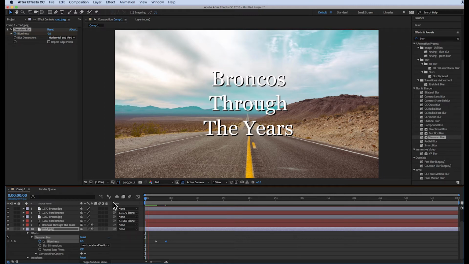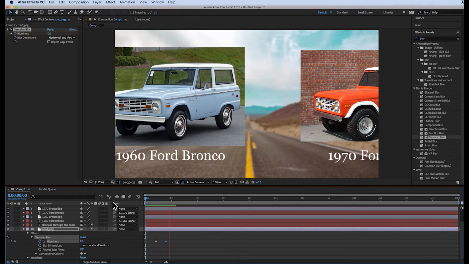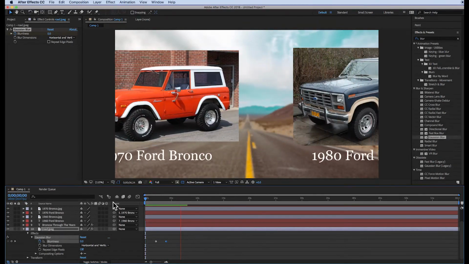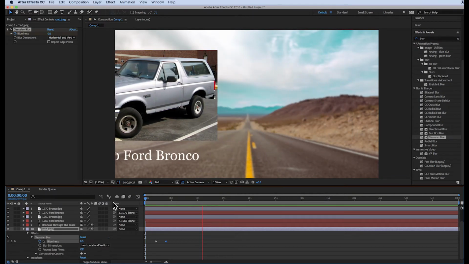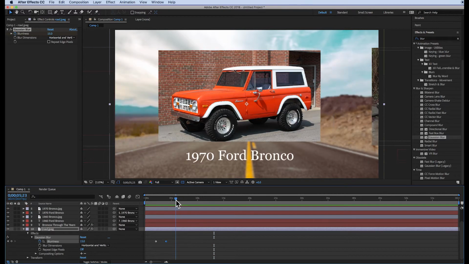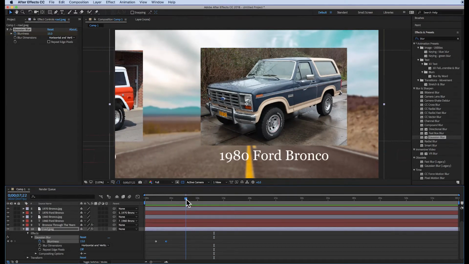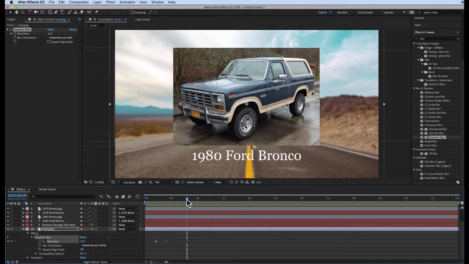All right, so now let's take a look. You can see our road is in focus. Then as it starts to move, it blurs out and our pictures stand out a little better. So you will do this all the way through. And let me go ahead. I know I don't have enough images, but I'm going to polish this off. Just like you guys are supposed to do, you have to put a created by